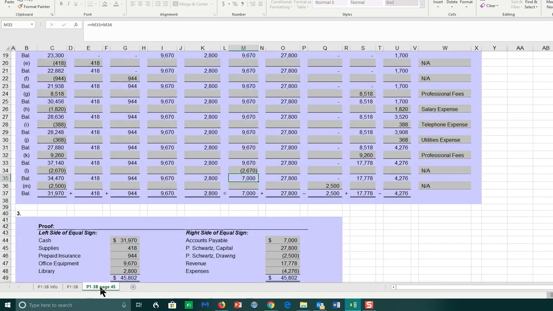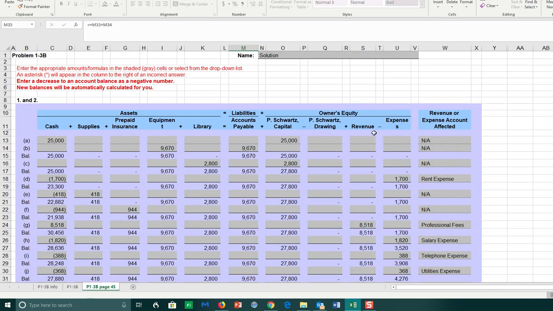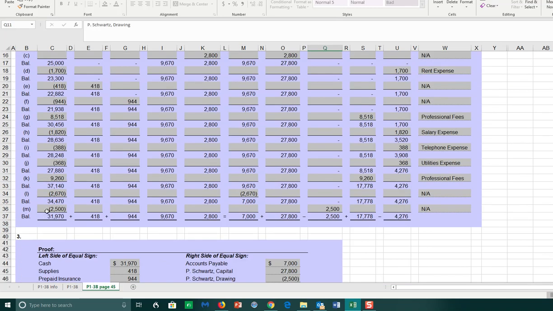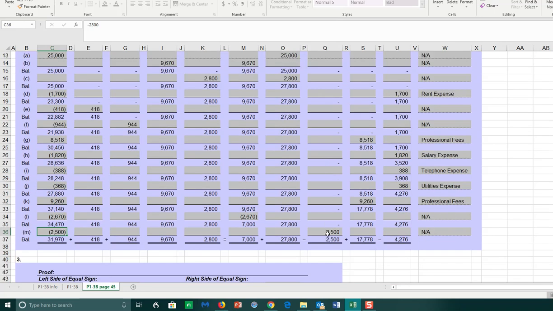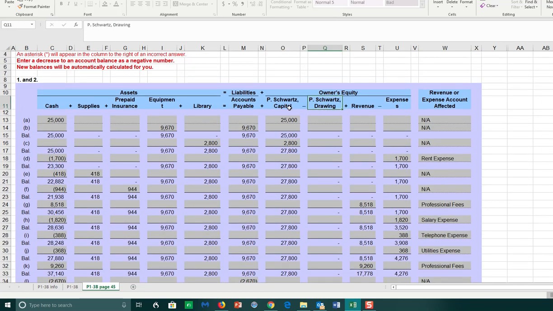However, we put it in a temporary account and we refer to it as drawing. And so the cash is going to be decreased by $2,500, and the drawing of the business is going to be increased by $2,500,